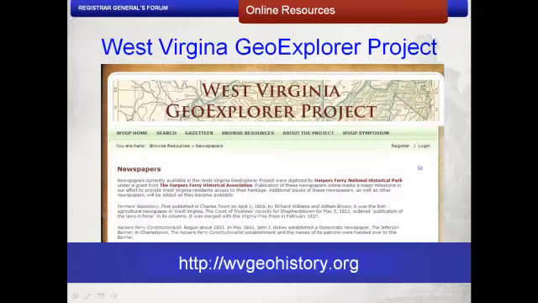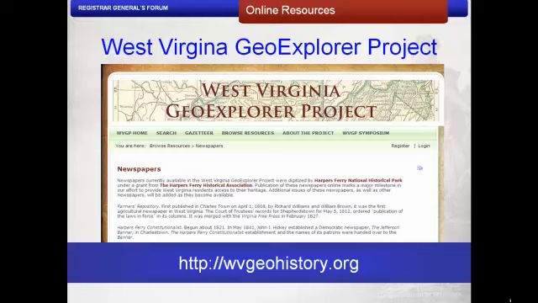The West Virginia Geo-Explorer project has taken an innovative approach by harnessing the brain trust, resources, and manpower of individual community assets such as universities, museums, historical societies, and historic parks of the eastern panhandle of West Virginia.